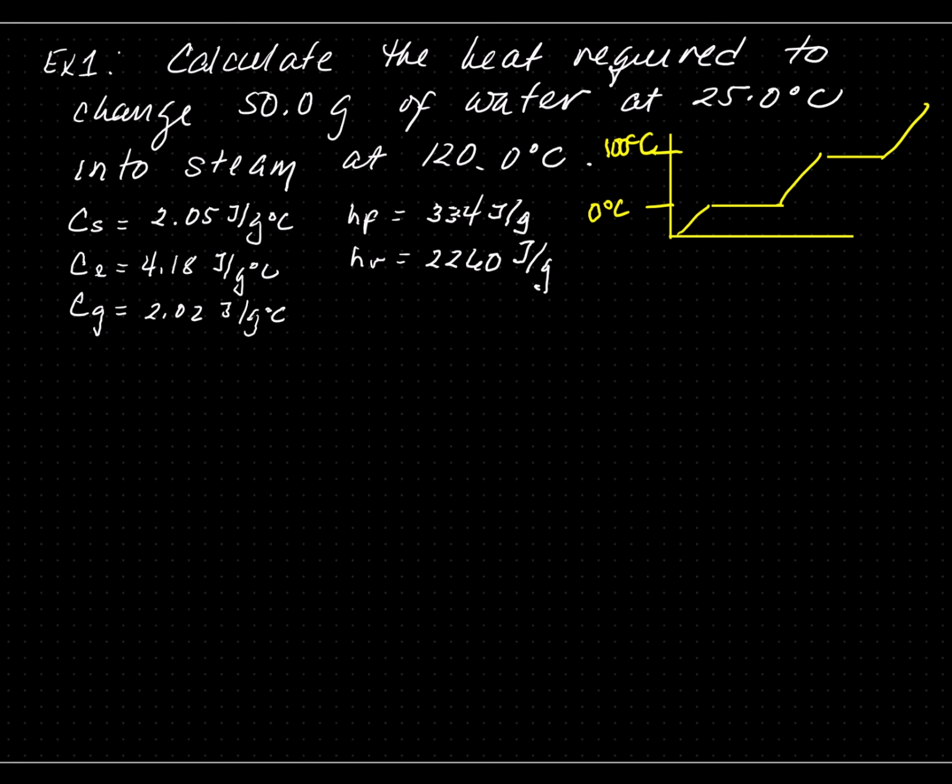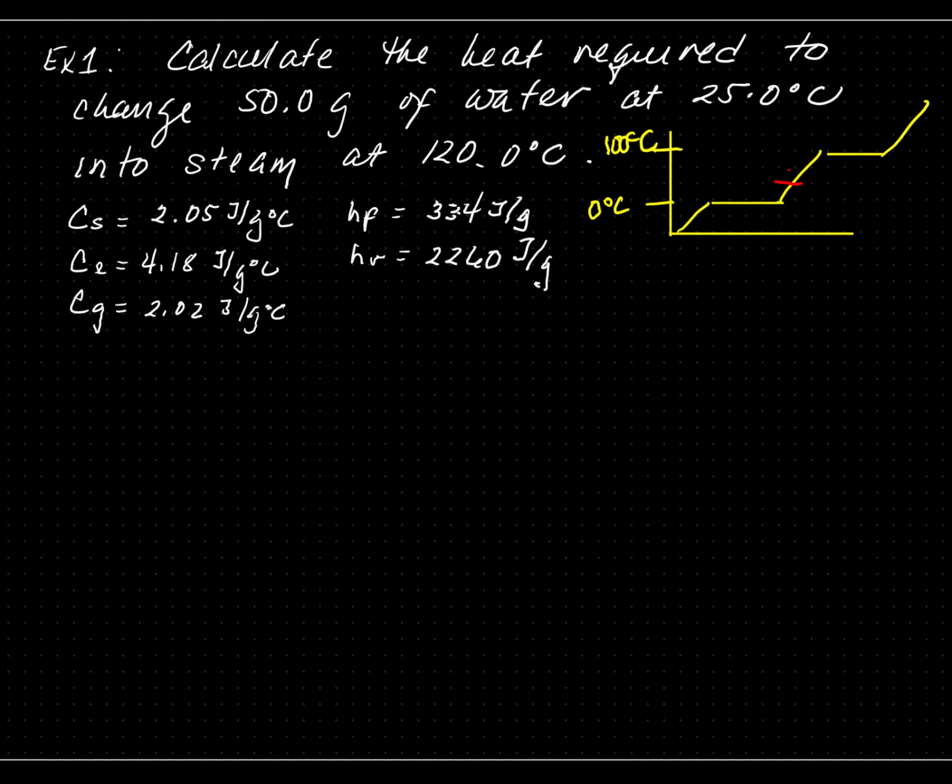After we draw the sketch, we're going to mark the starting and stopping points. The water is starting at 25 degrees Celsius, which is down here, and is ending at 120 degrees, which is up here. The easiest way to determine the number of equations used is to look at the change in slope. Every single time the slope changes, you must use a new equation. For this problem, we're going to use 3 different equations because there's a slope change here to here